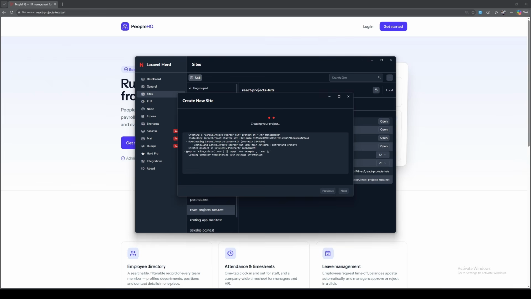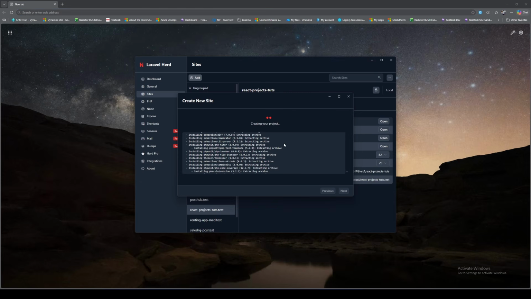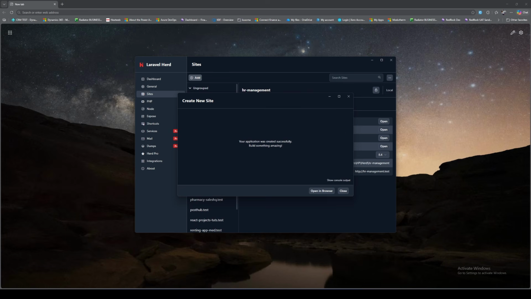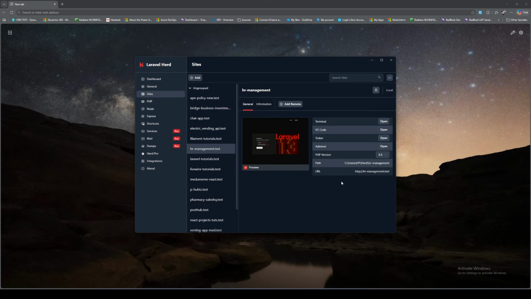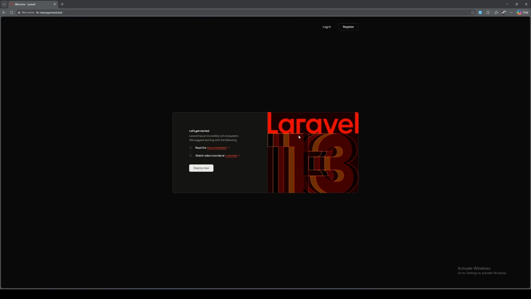While it works, a word about SQLite. SQLite keeps your entire database in a single file on disk. There is no separate database server to install or configure, which is perfect for learning and, honestly, perfectly fine for many real apps too. And Herd has done everything for us. The project is created, the JavaScript packages are installed and built, the database file exists and is already migrated, and the site is live. Open the browser at